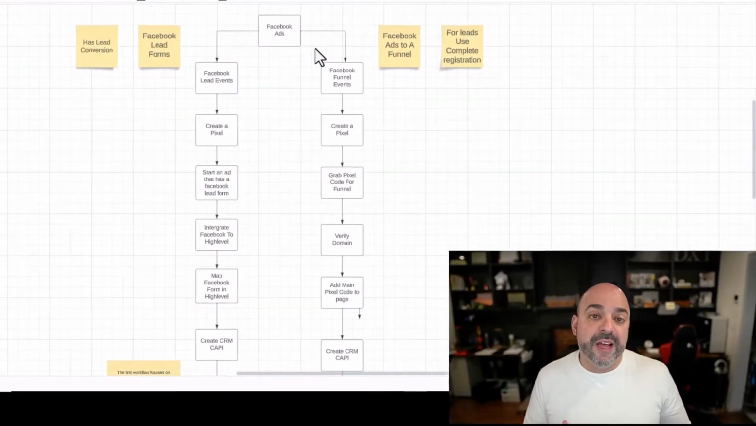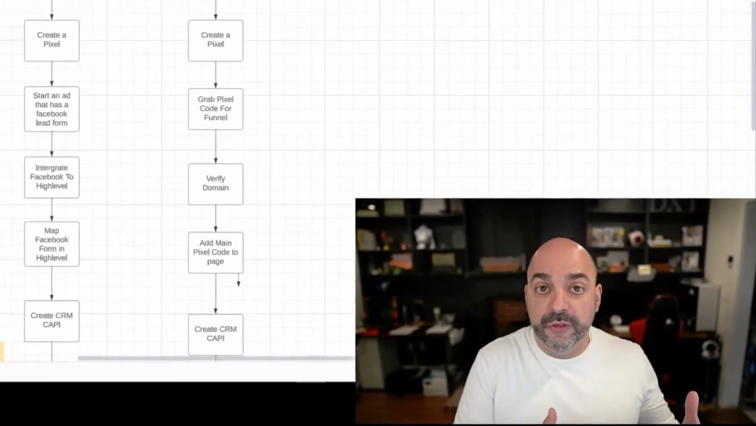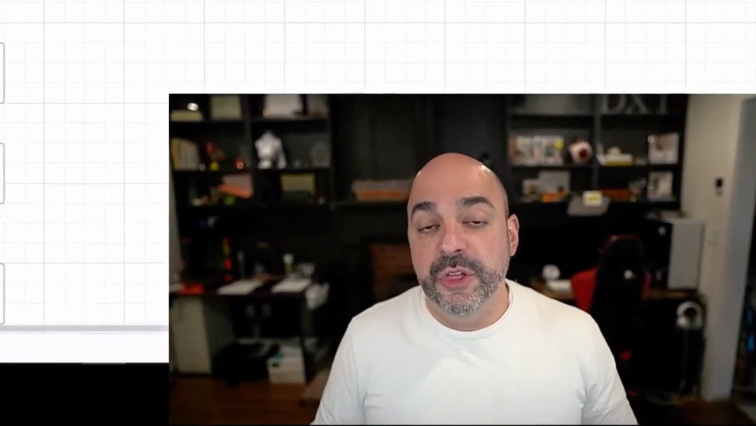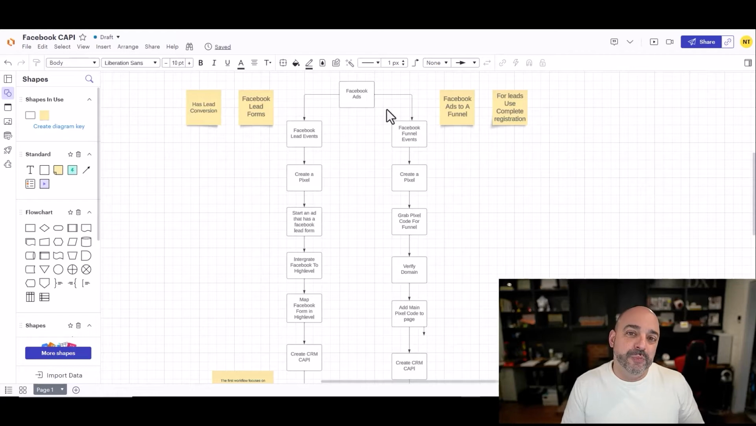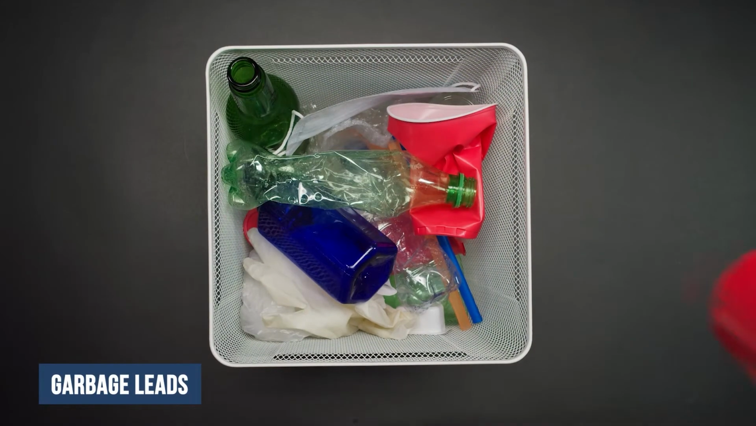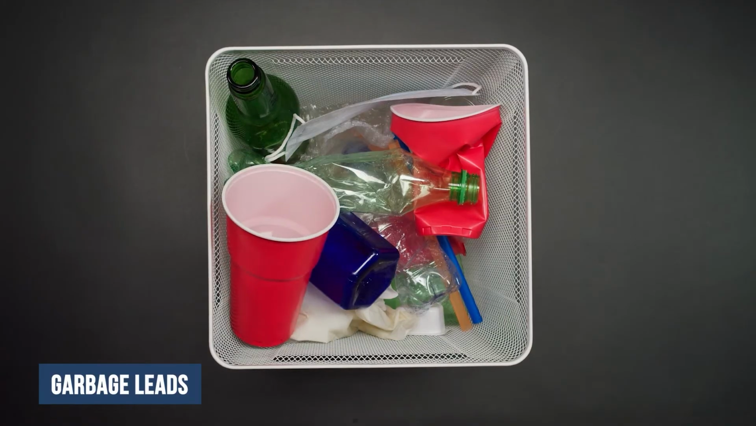Now, the reason why that's so important is because before, if you were using a Facebook lead form, when it came inside HighLevel, there was no way of really tracking that it was a lead because we're already tracking that inside of Facebook. But what happens with those Facebook lead forms is that it creates a lot of garbage leads, right? A lot of leads that probably were just clicking and getting information, but not really taking